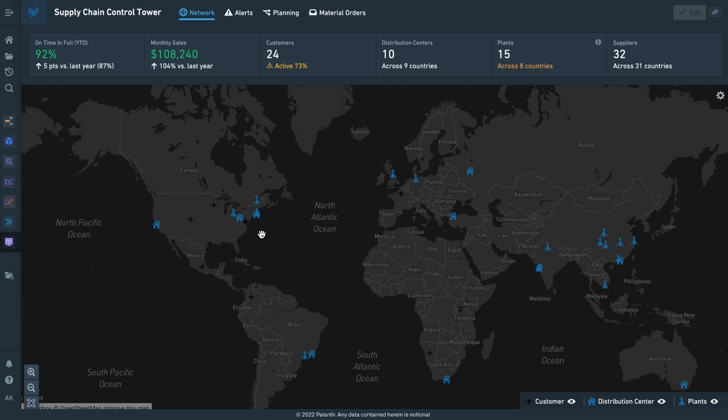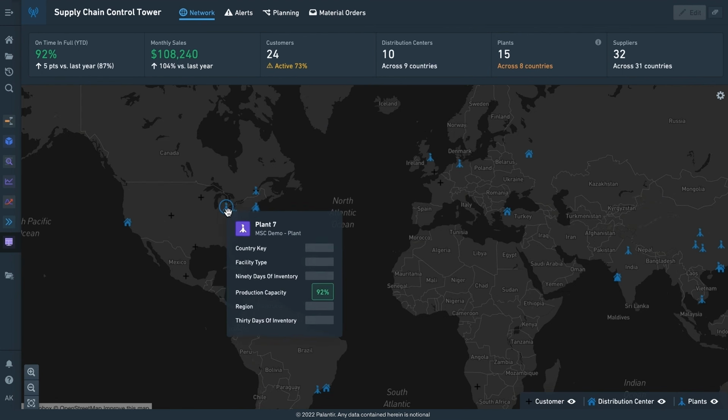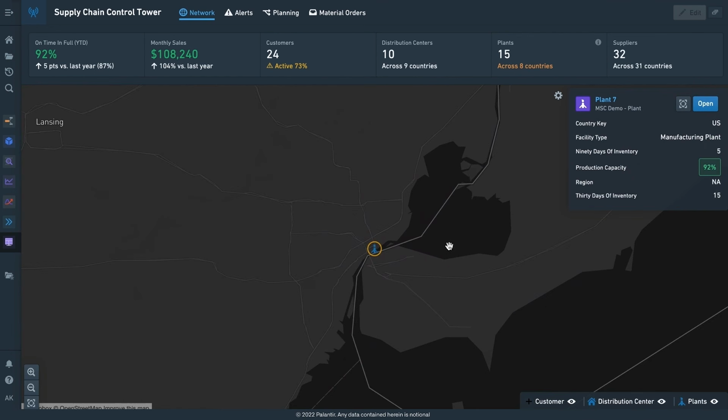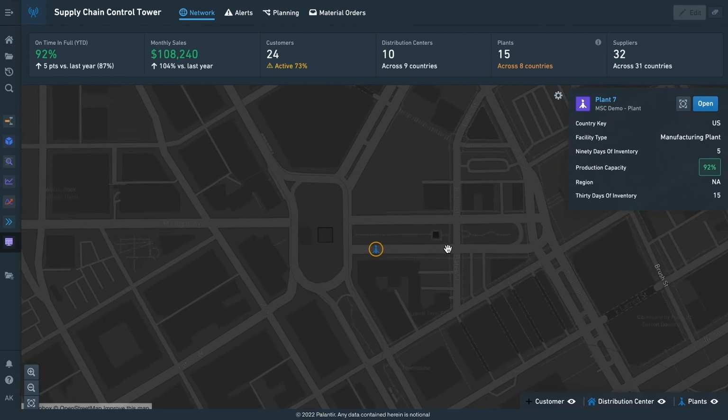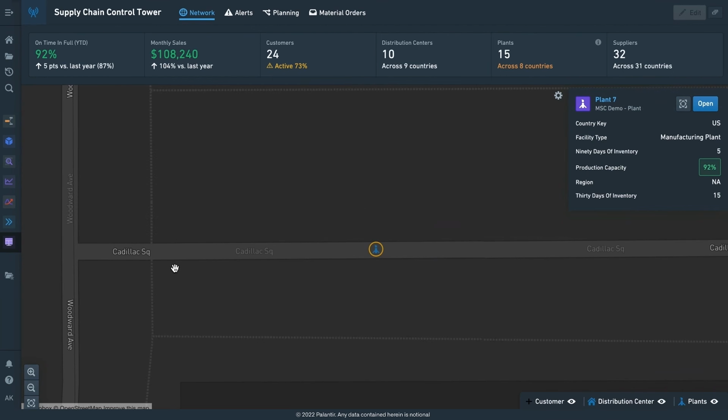This is my top level control tower. It's showing me some roll-up statistics at the top, and I see that we've got different objects on a map. As an operational user, I probably don't care about what an ontology is or all the things we've been through. I just know that I have a job to do. So I see we have a plant here in Michigan that I need to go take a look at. I see that production capacity is starting to dip and I want to know why. Maybe I received an alert about this.